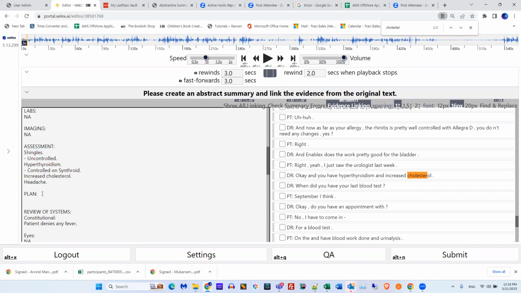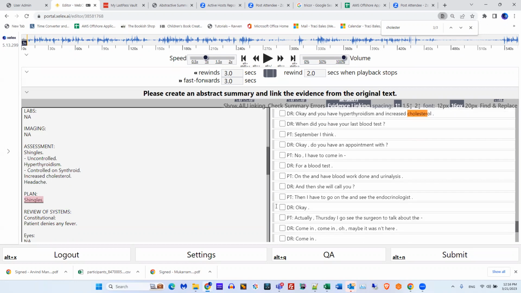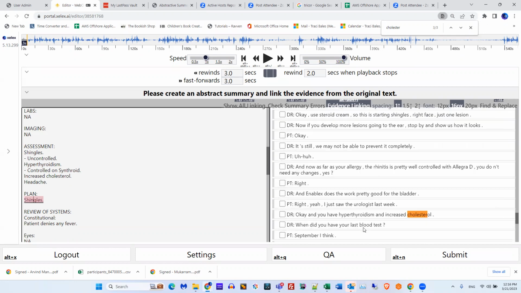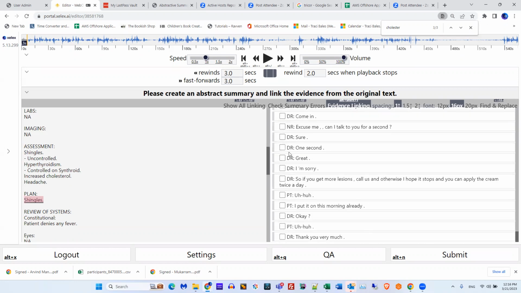So shingles, and then you have to link everything. I know that probably will get a little monotonous, but it has to export with the evidence. So wherever they talk about the shingles and then how they're going to go forward with the shingles.